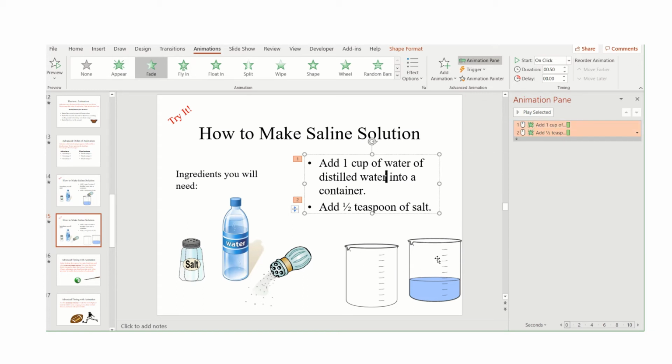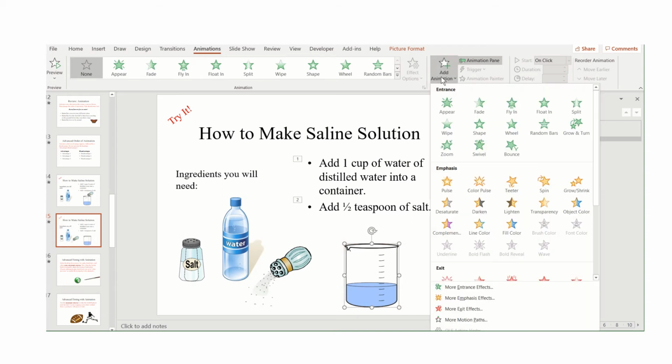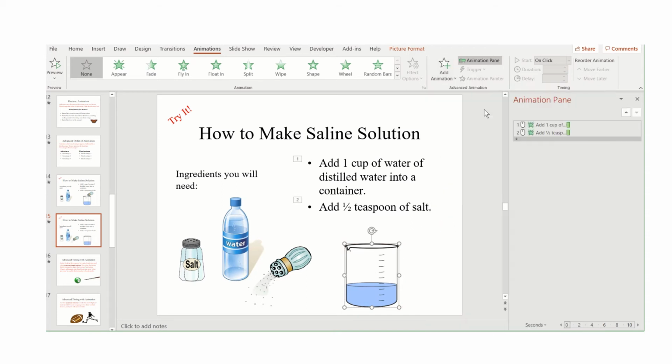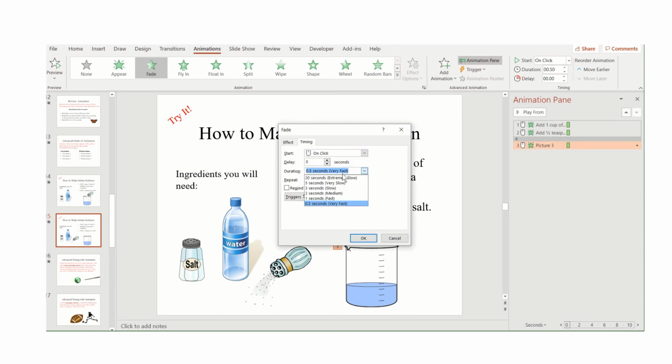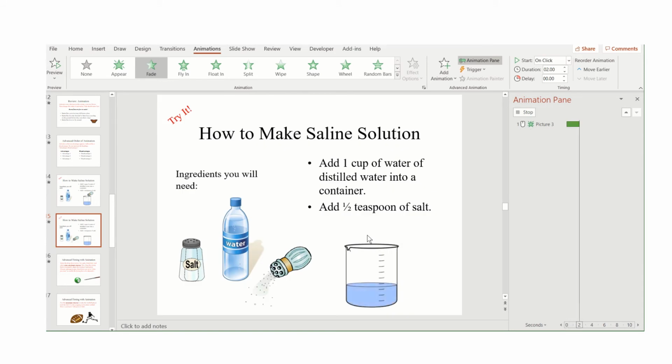water. Now, the magic behind the scenes is I'm going to get the same graphic, or similar graphic, should I say, but this time where it looks like it has water in it. Let me make that appear. So the beaker with water, I'm going to fade that in, and just so the learners can see it, I'm going to slow down the timing a little. It'll be a little more understandable in that case, and a little more dramatic. I'm going to move this animation up. So right now, I have